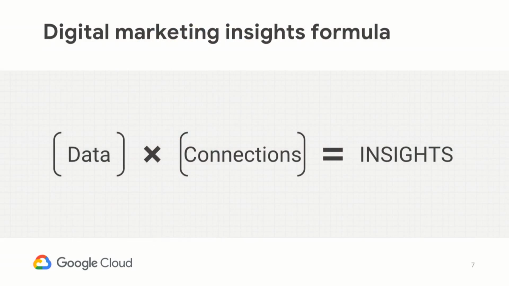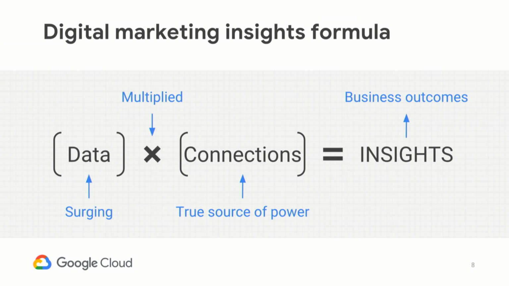One way that we like to think about it is with this digital marketing insights formula. If you think about connections, or making connections across data, then you get insights. To break this down even a little bit further, you can think of an X and Y axis. If you have a blank grid and you draw one data point on there, that doesn't actually tell you much. You don't know what's going on, you don't know what that means. And if you add 2 or 3 additional data points, that still doesn't tell you much.